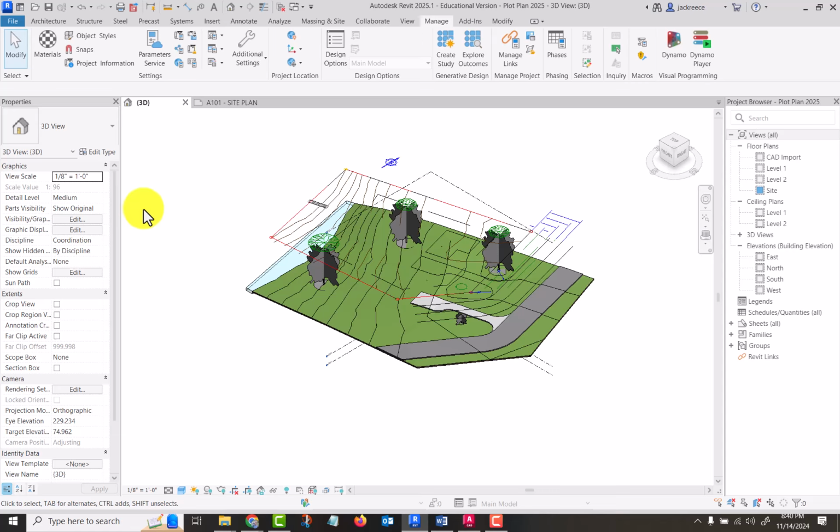We're going to import a CAD drawing that has no elevation to it, and then we're going to sketch to create our site plan and our topo solid. If you watch through the tutorial videos, I showed two different ways, or I talked about two different ways of doing things. One where we imported a CAD drawing and then created a topo surface from that based on elevations of the contour lines. Well, this time, which is really common for what you would see in residential type stuff, is we